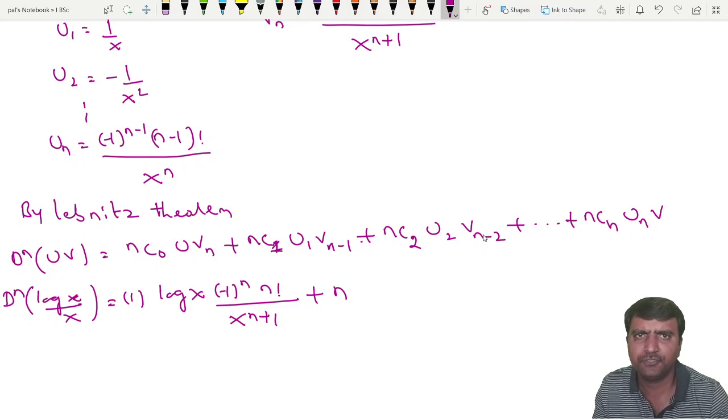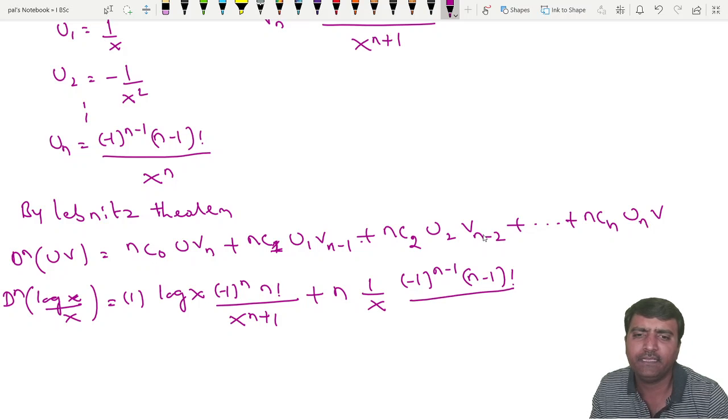nC1 is n. You should remember those values. nC1 is n, and u1 means the differentiation of log x, which is 1 by x. So for v we take the n minus 1 differentiation. That is minus 1 to the power n minus 1, n minus 1 factorial divided by x to the power n minus 1 plus 1, so that is x to the power n. We just reduce one number, n plus 1 becomes n. So plus